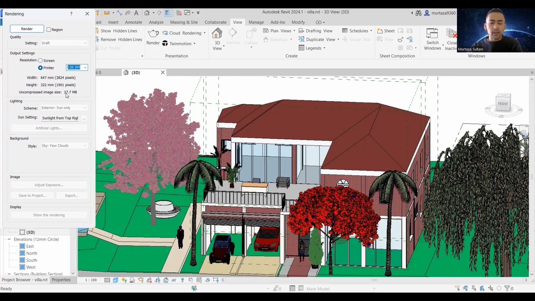As you see, it's now 27.7 megabyte, but if you change it to 600 dots per inch, the resolution becomes very high to 443.5 megabyte, and this makes your image much clearer and much more powerful. However,